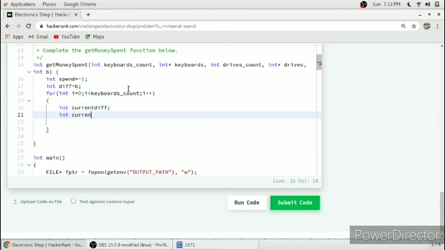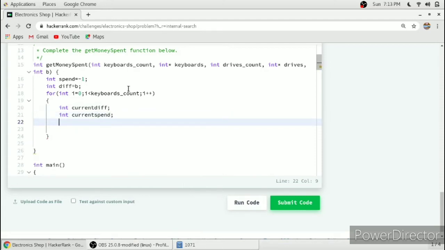So we will check for every combination of keyboard and drive how much we can spend and how much is the difference between B and the current spend.